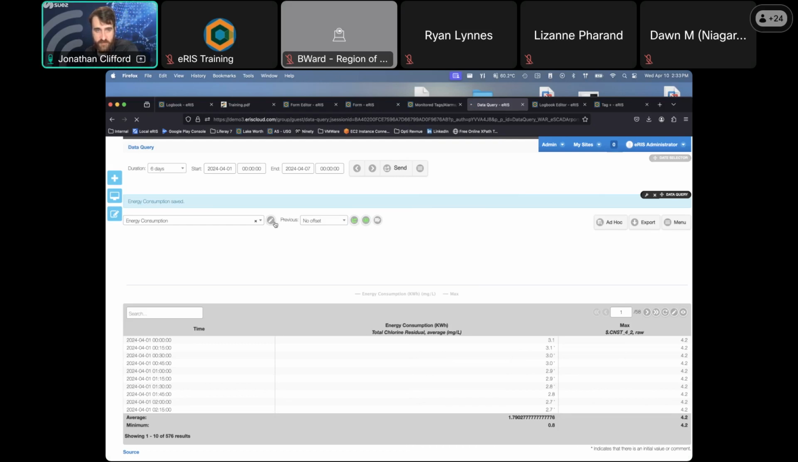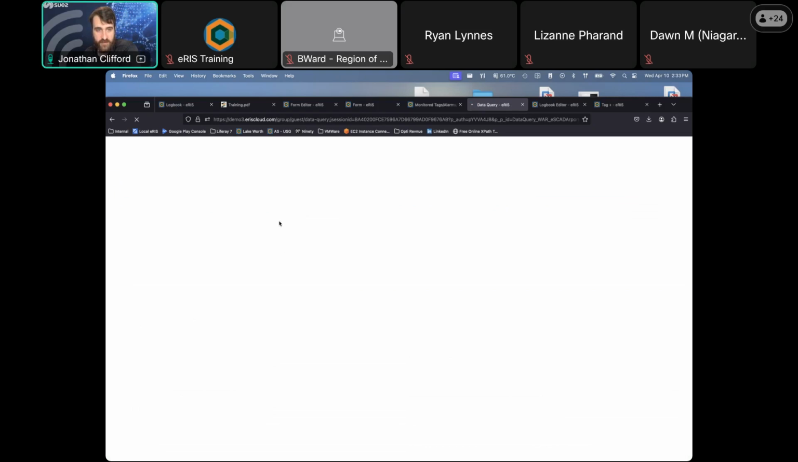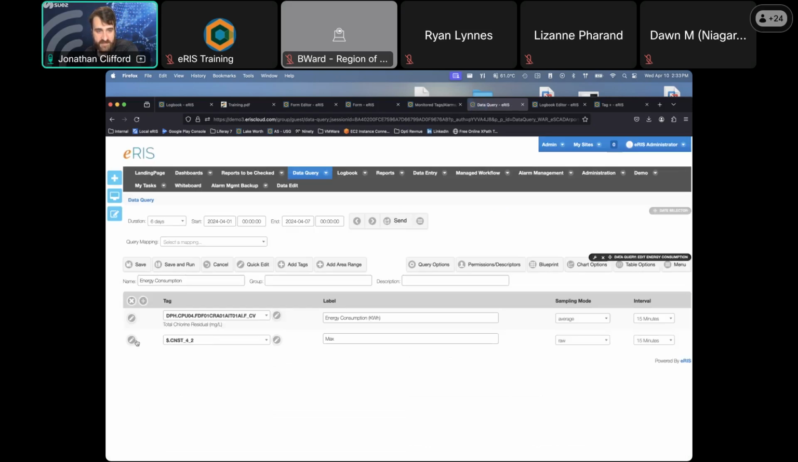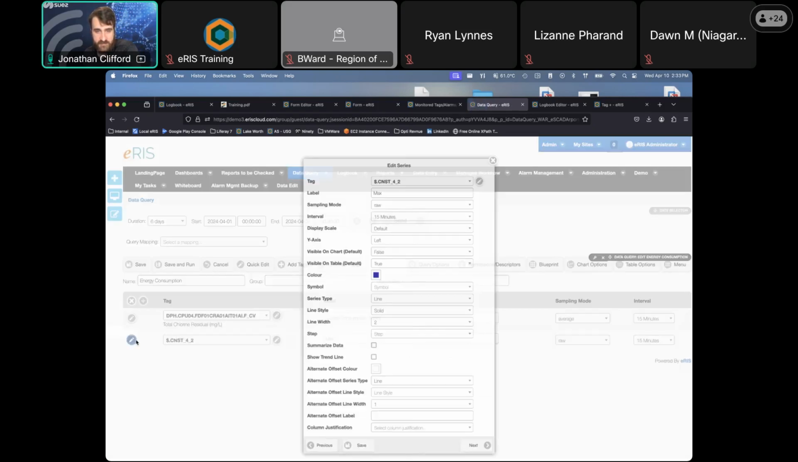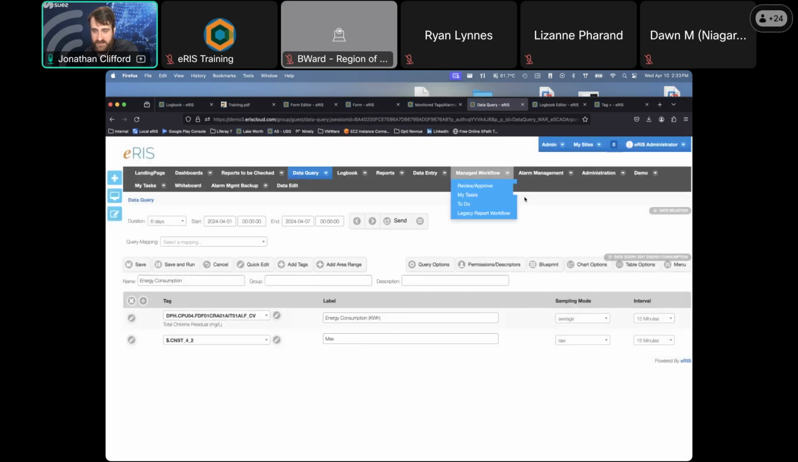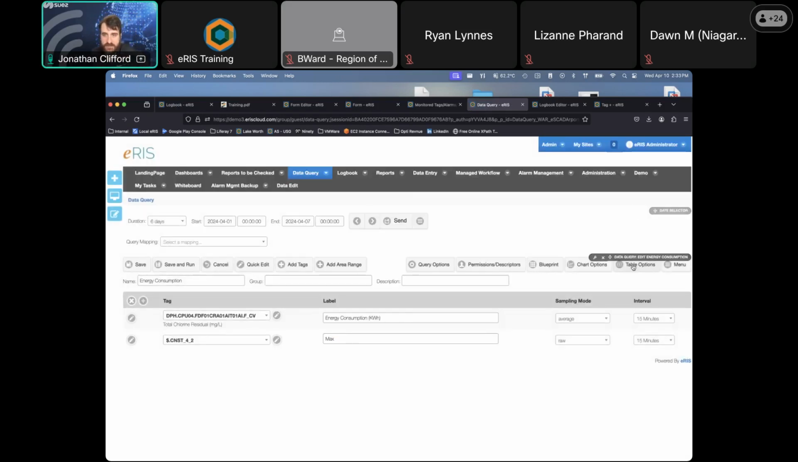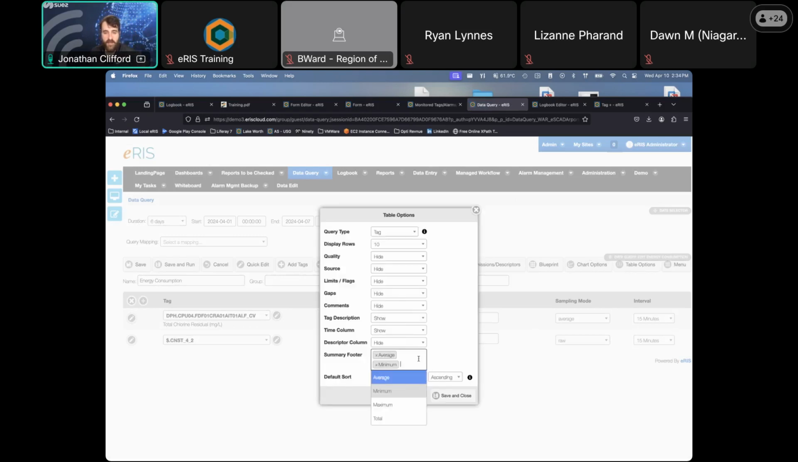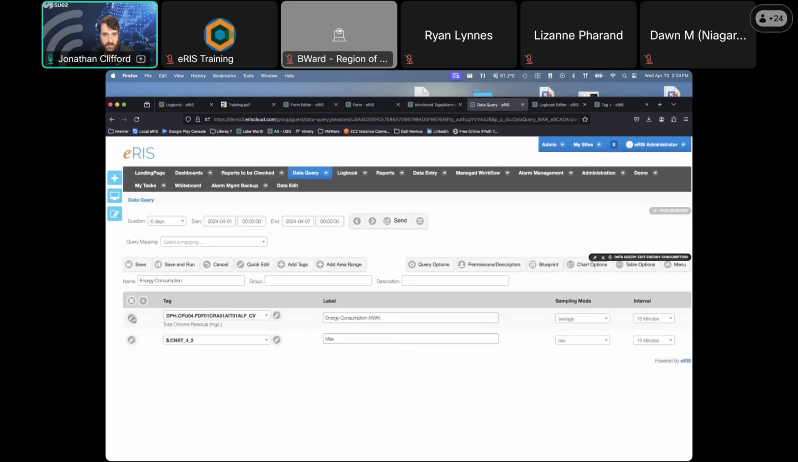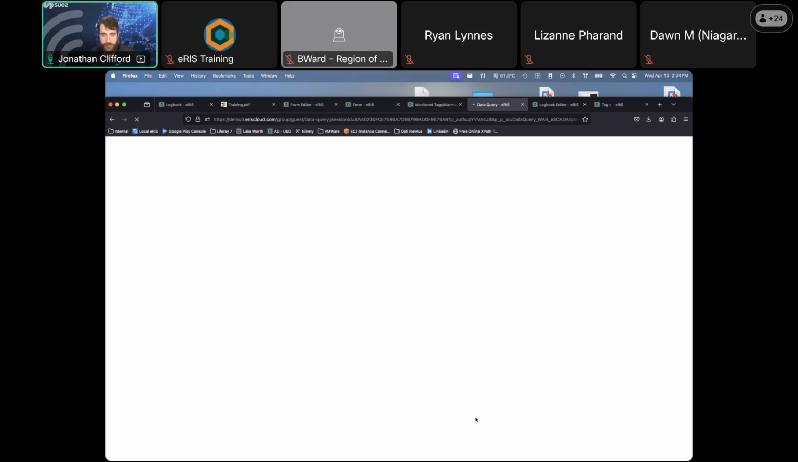If I go into edit the data query, you can see my list of tags here. I can edit this. No, I don't want to do tags. It's actually a table option, sorry. And there's a summary footer option that's selected. So sorry if I did that too quick, it's just in table options. Here you can pick between average, minimum, maximum, and total. Now if I say that and run this query,